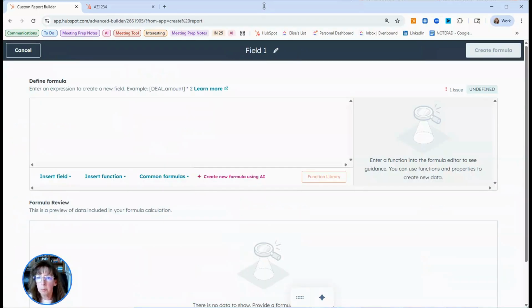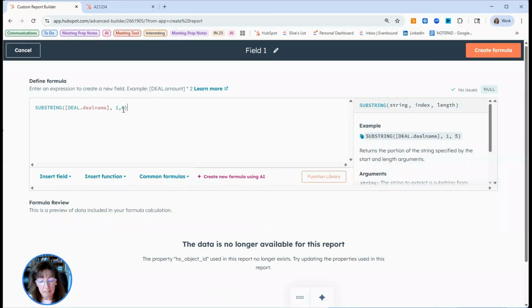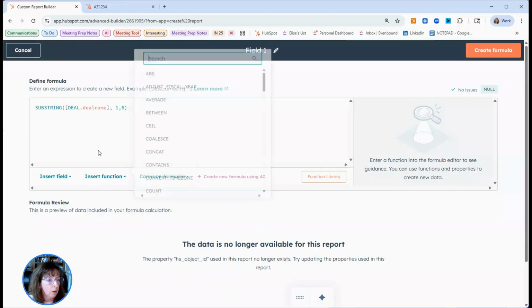And in this particular case, I was doing a small bit of coding, where you're just trying to get the first, excuse me, 6 digits of the deal name, because I have some deal names that maybe have like 2 letters and 4 digits, 4 numbers, and things like that. So you can put that formula in there, but the other thing, and I'll just leave that formula, but you could show, I want to do